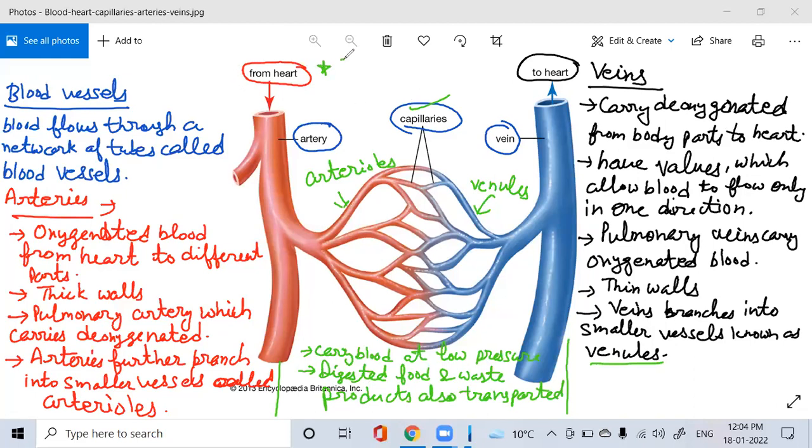So this point also we can note down. O2, oxygen passes through the capillary wall, right? Then into the tissues, right? That is the work done for the oxygen. Similarly, carbon dioxide from the tissues into the blood, right? I'm also mentioning here, CO2 from tissues